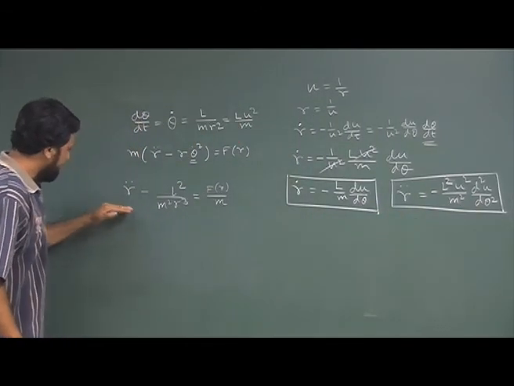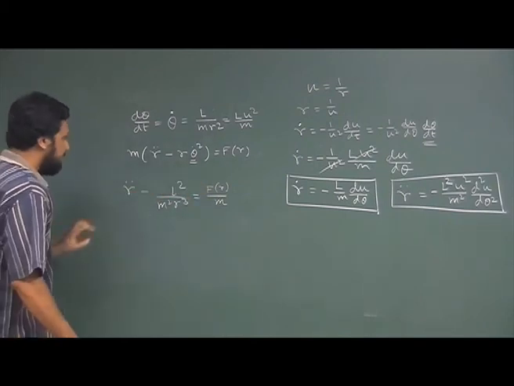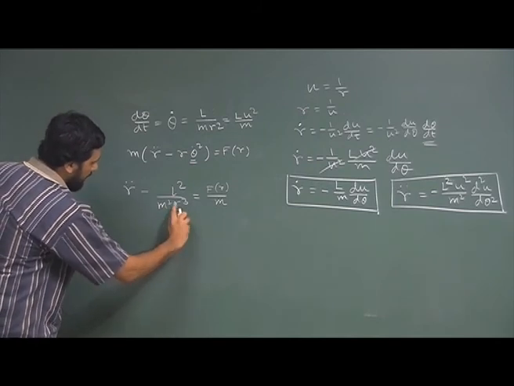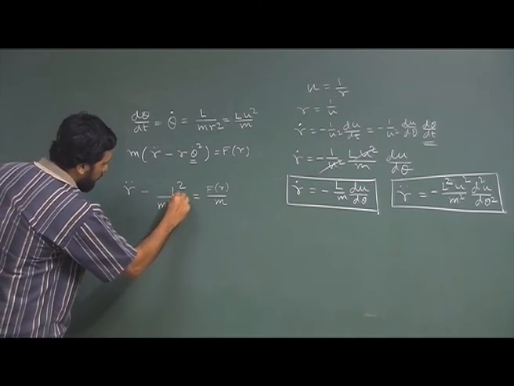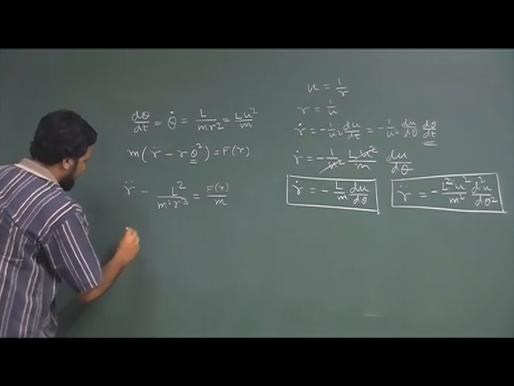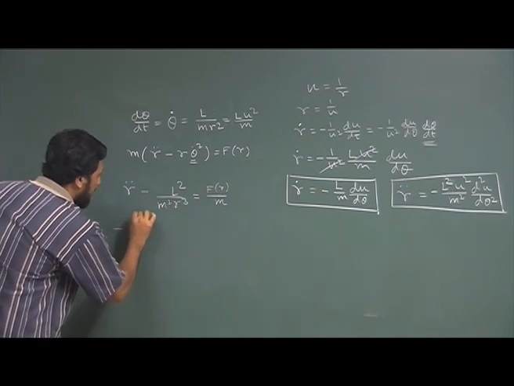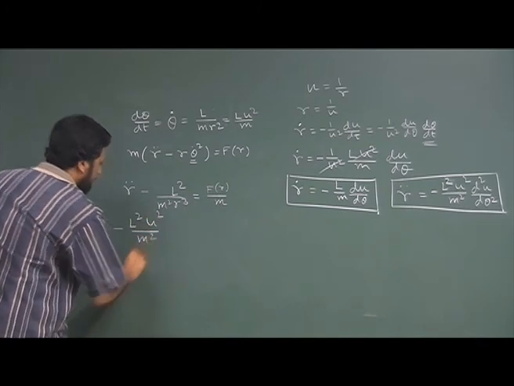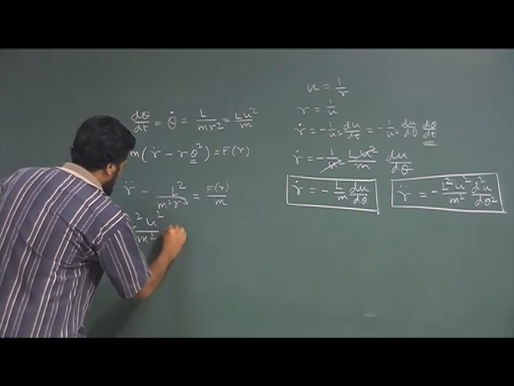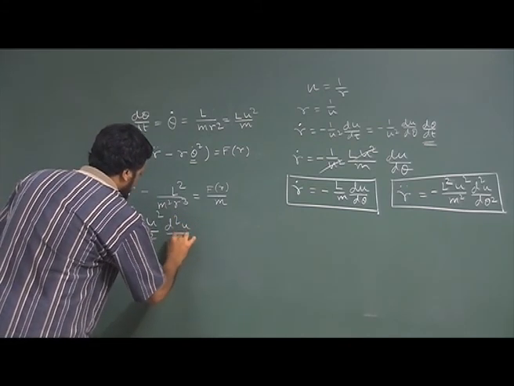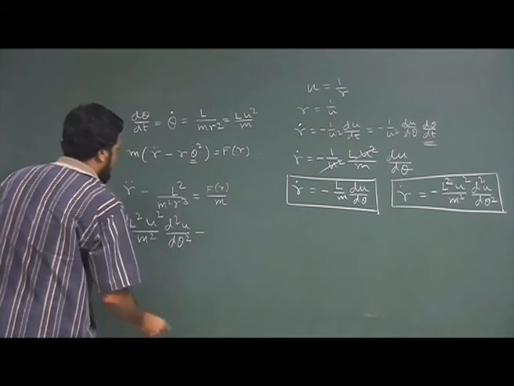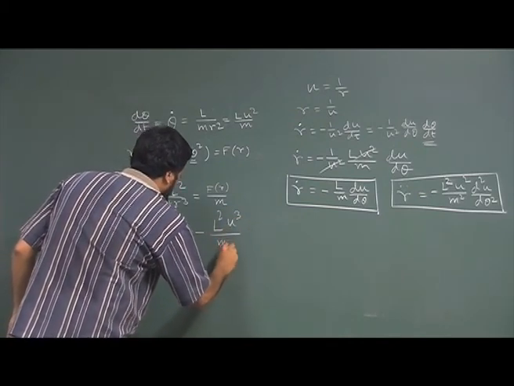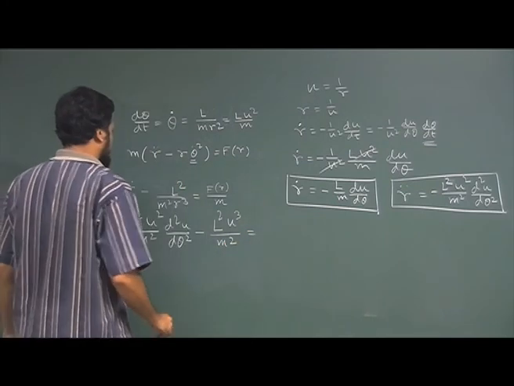Now, it is time to do the substitution here. Take that, substitute it here. And also you have to substitute r for u or u for r here. So, this will be minus L square u square by m square d2u d theta 2 minus L square u cubed by m square